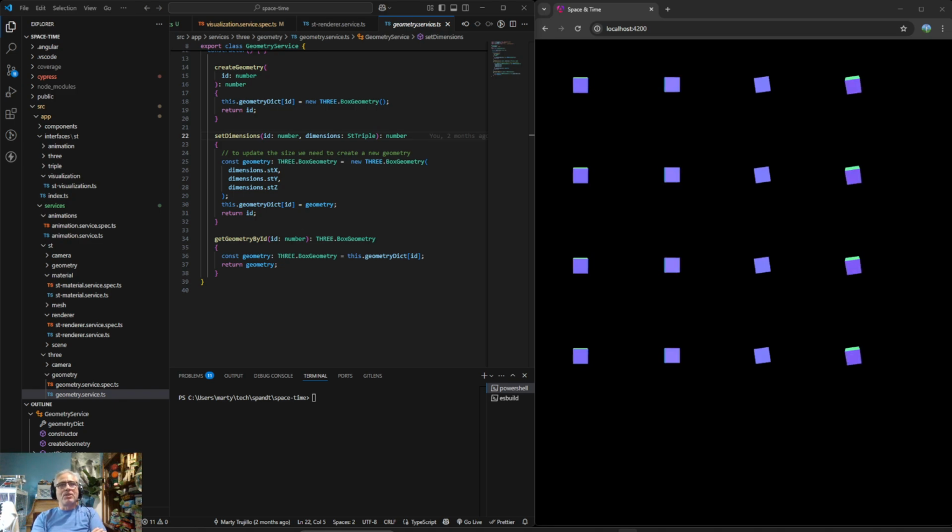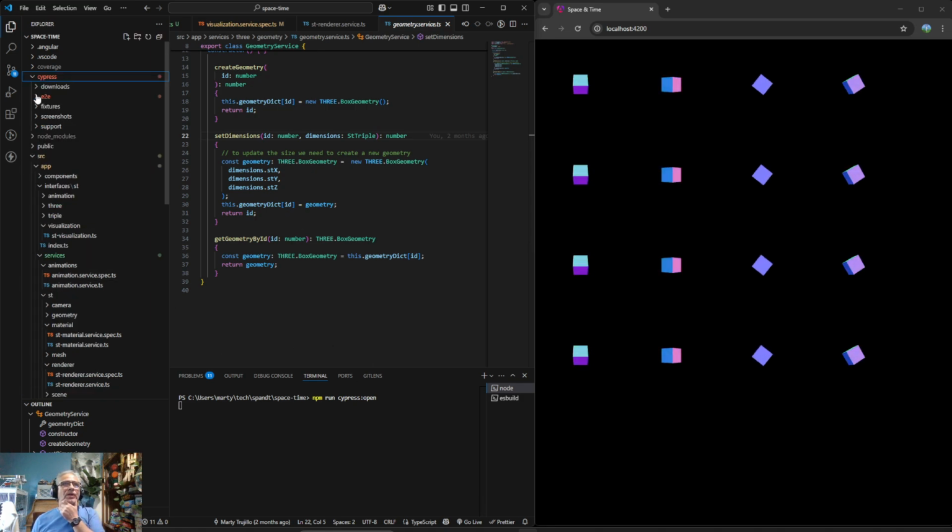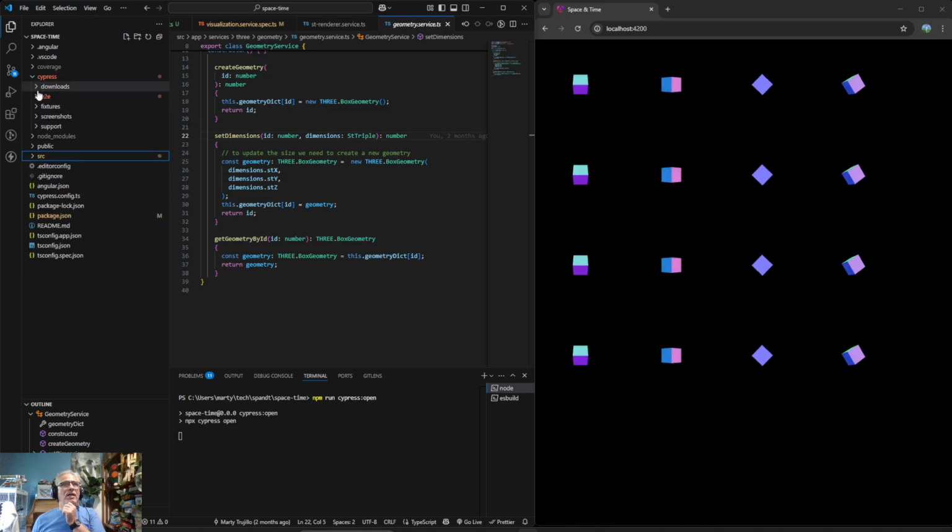So we got Cypress working, and yesterday I was, let's go ahead and do it again. npm run cypress:open. And I was concerned yesterday about this weird white line that just suddenly started showing up. And when I rewatched the video, because I really do rewatch these videos, I saw that this resize,